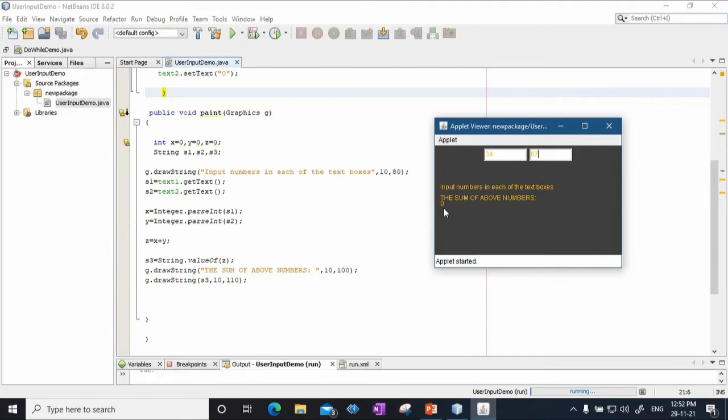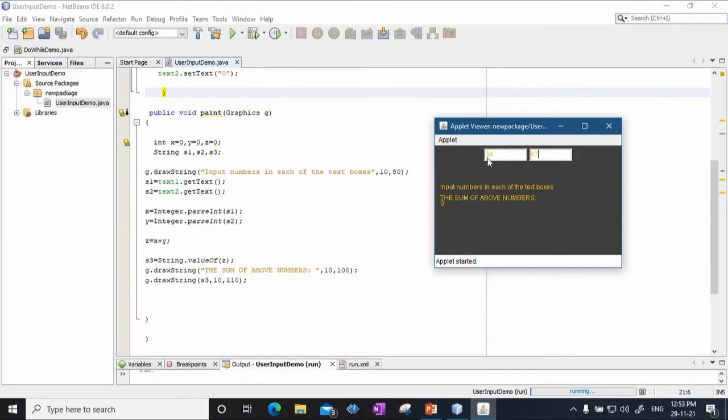Whenever we click any button, press enter, or refresh a page, these are events. So there has to be something called event handling. Right now, although you have an applet and have entered everything, the code will not execute, or although it executes, it will not be able to display the answer here.